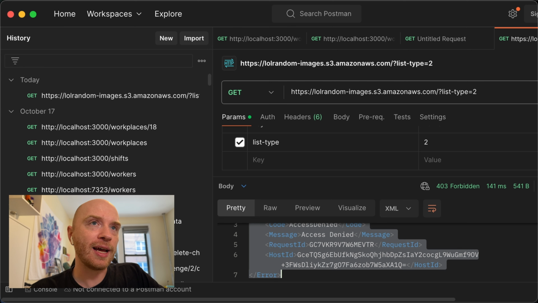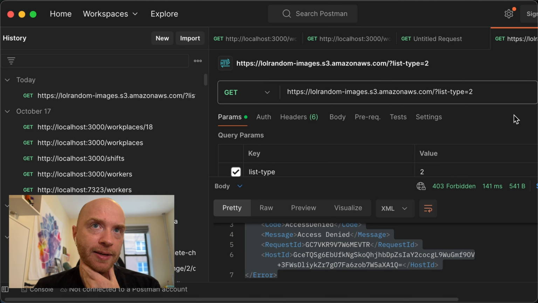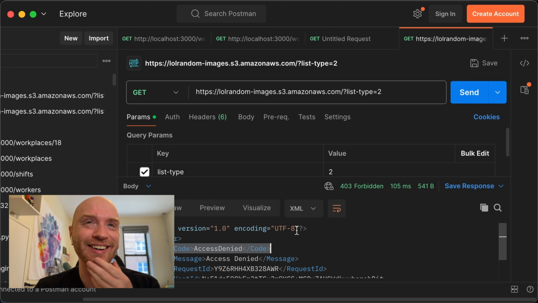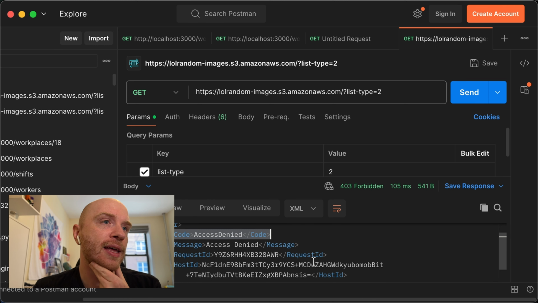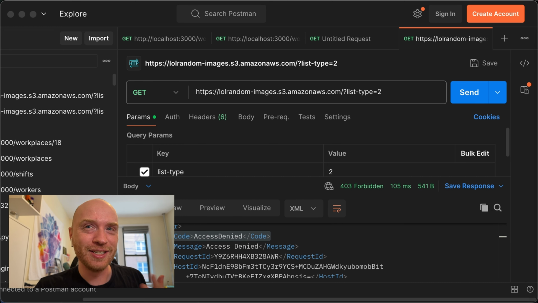So what I did was I went in Postman and I used ChatGPT to get the URL needed, and then let's run it. Yeah. Access denied. That's fine. We'll just give permission. So that's the other approach, to load it through this URL. The part that I don't like is that it comes back as XML, and parsing XML is not something I have that much experience with. So I'm not super confident.